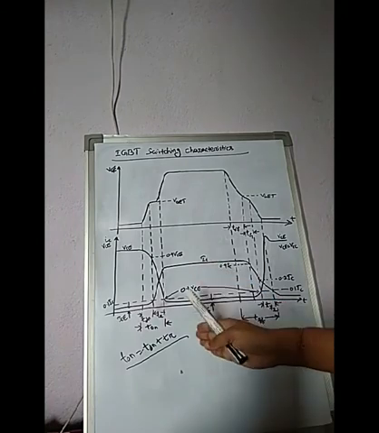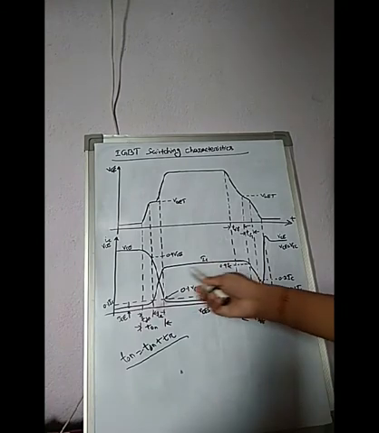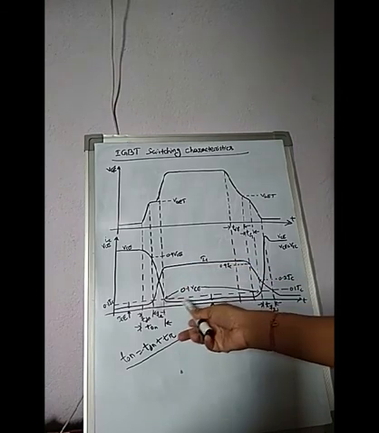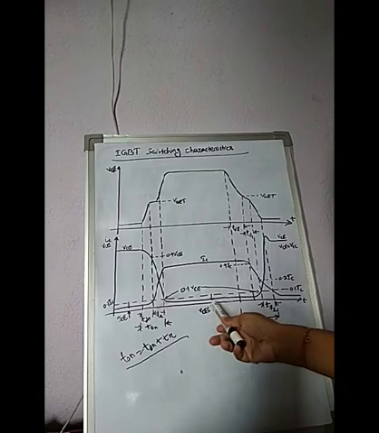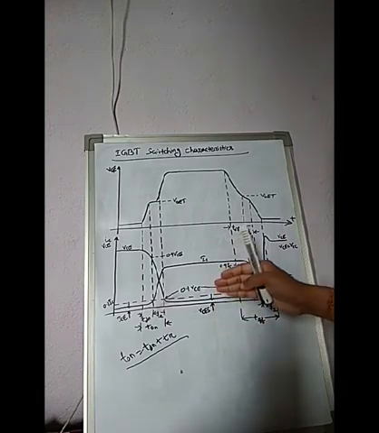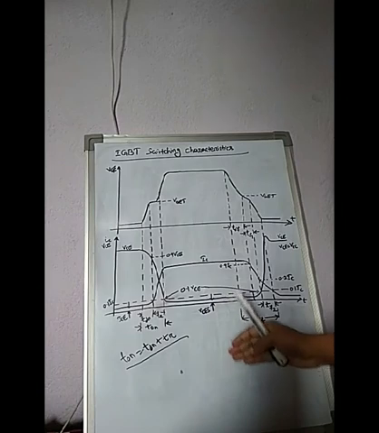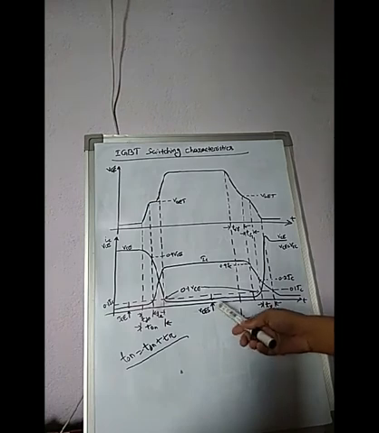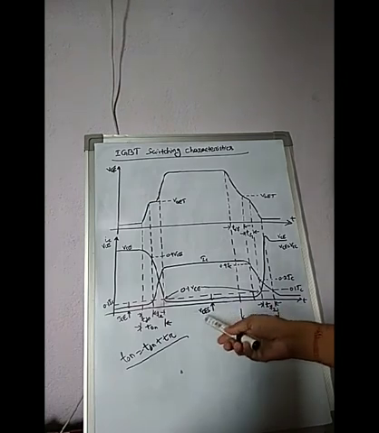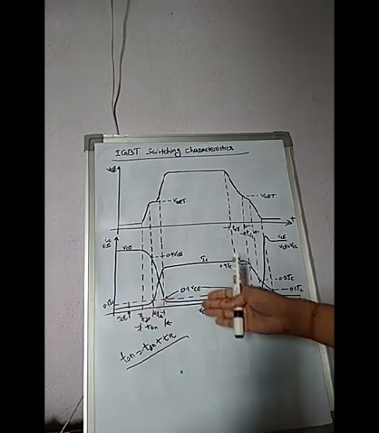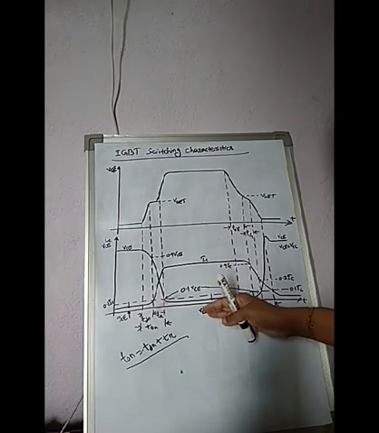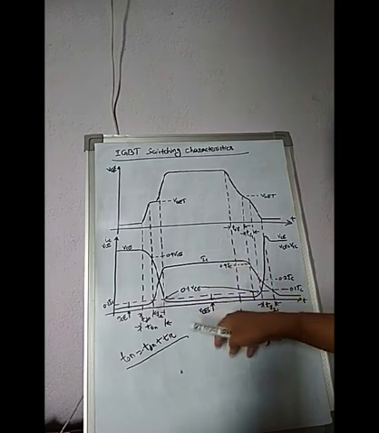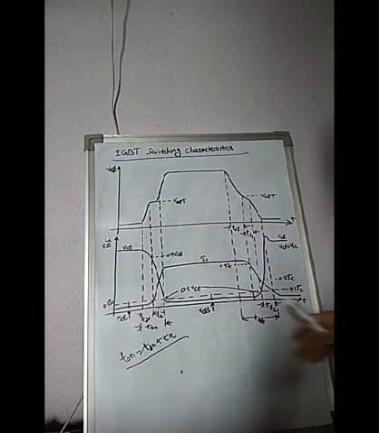Okay, so after the time T on, collector current is IC, and the collector emitter voltage is this. Okay, this voltage falls to a small value which is also called the conduction drop, and during the conduction this drop value is VCES, that is denoted as saturated VCE value. Okay, so after turn on, this VCE falls to the conduction drop level, that is VCES. This represents the saturated VCE value. So this is all about the switching characteristics during turn on.